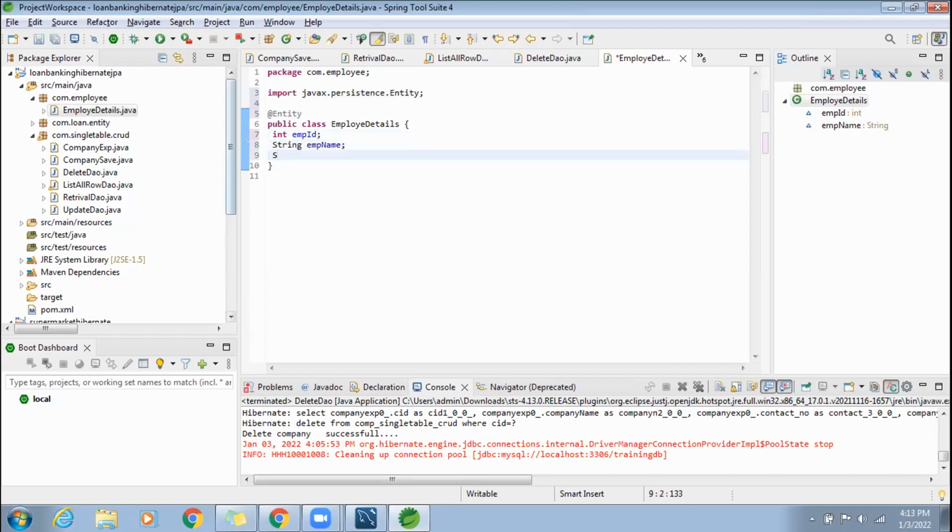Then string, employee last name. Age. Okay. Create getter and setter methods.